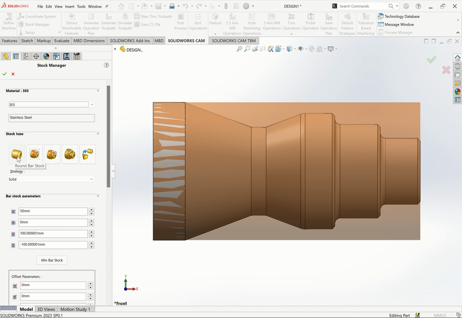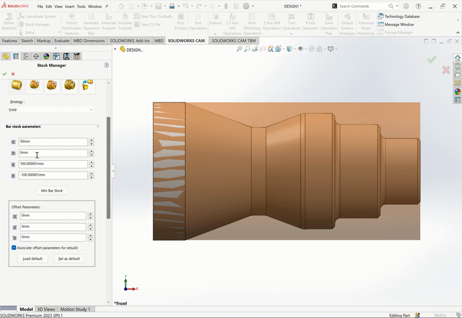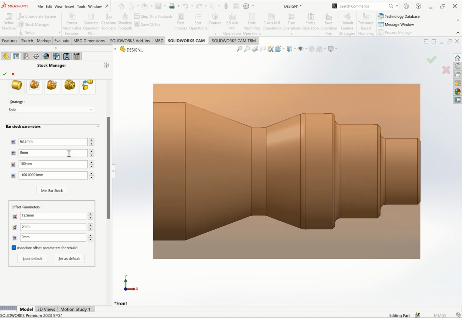Then these are strategies for the stock. Using this, you can pick all of this. Then I can say, is it hollow? If it is hollow, I put tube. If it is solid, I put solid. Then I go down here. I can define the offset here, or I can define the maximum diameter. So if I have a stock of 63.5, if I click on this 63.5, you see here it changes the offset on either side, which means it is an offset of 13.5. Divided by 2, it is almost